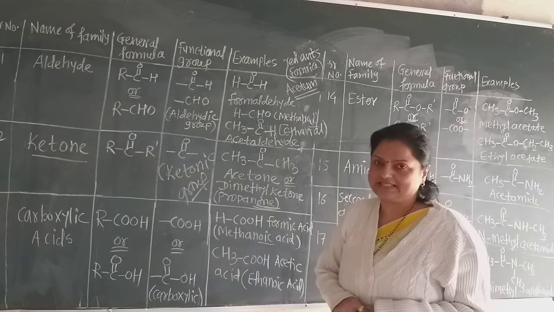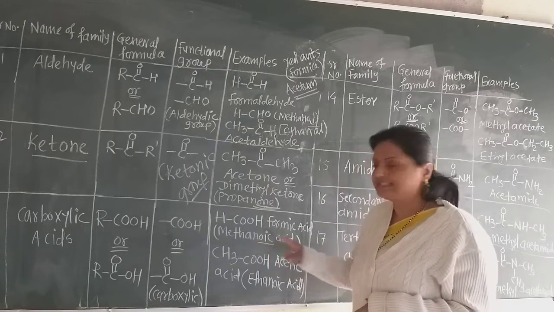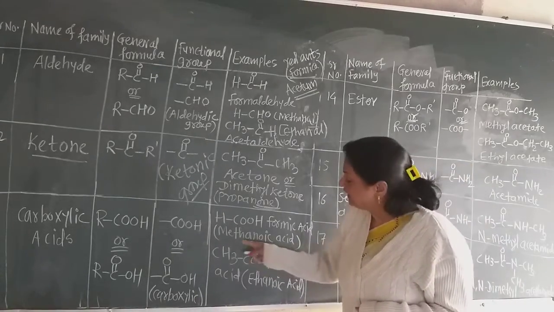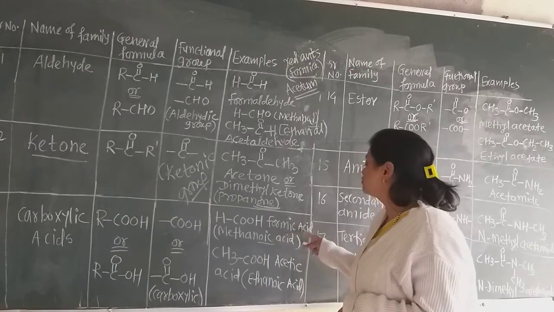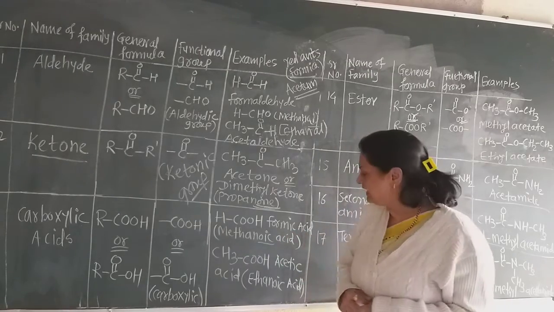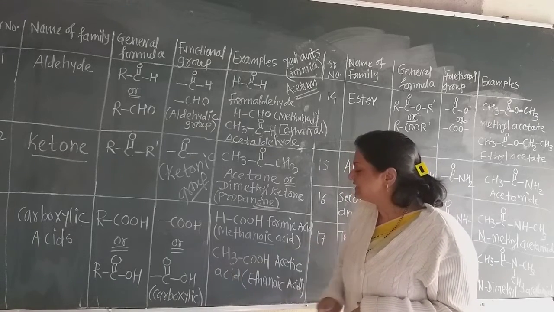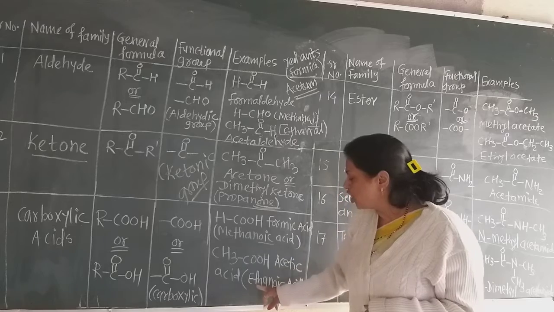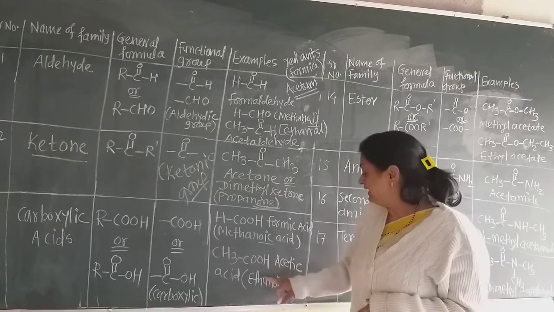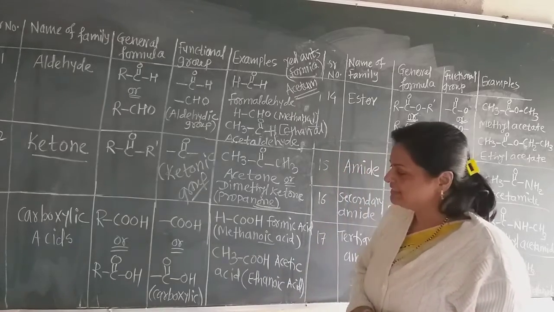OIC is the suffix, remember that. The E of the alkane is replaced by the OIC suffix and only write the acid word again. Now this is methanoic acid, or commonly it is called formic acid, as it is obtained from formica, that is the red ants. And another acid here, the R group is the CH3 group, 2 carbon atoms, so the IUPAC name is ethanoic acid. But commonly it is called acetic acid, from acetum, vinegar. From that the name is given.